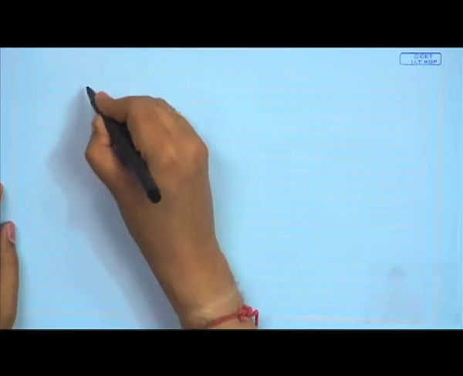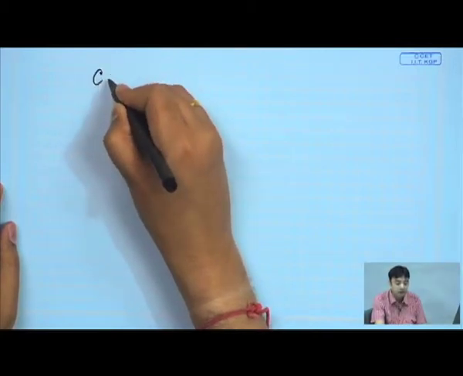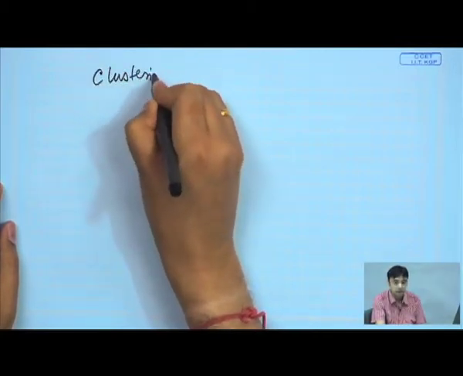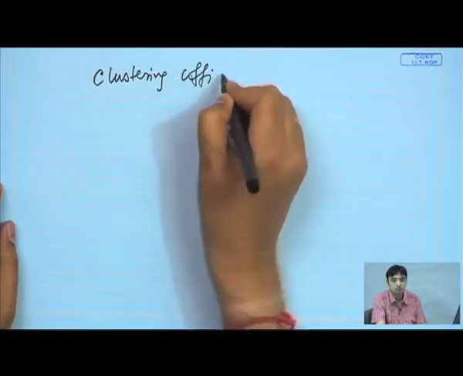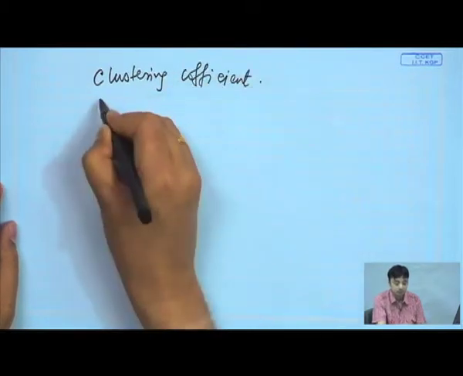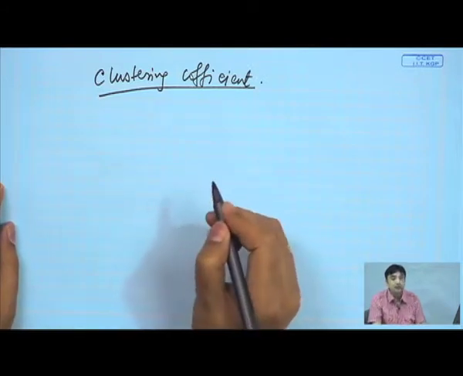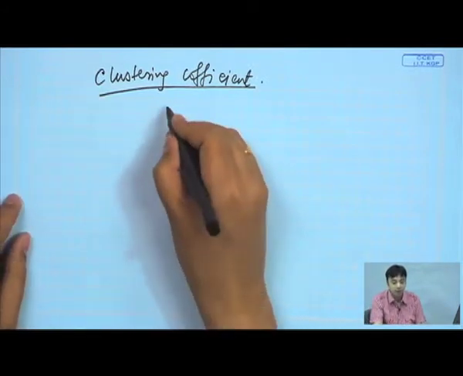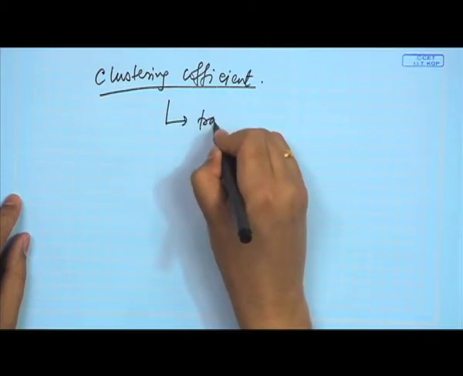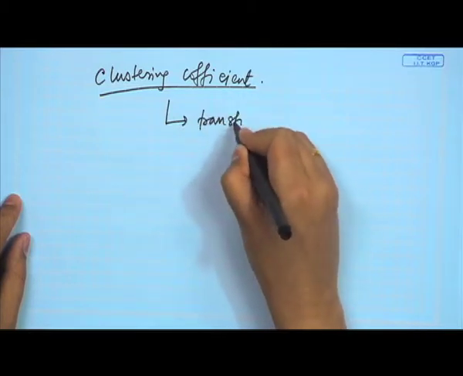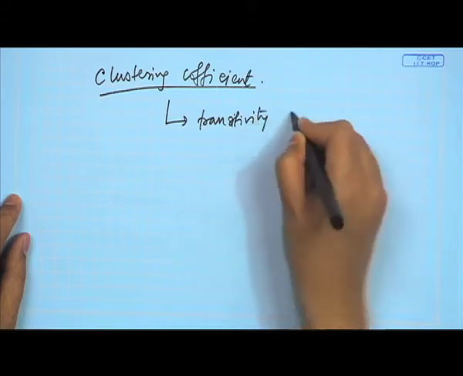So, welcome back to this session on network analysis. We will continue with the second part of network analysis, and today we will start with the second metric that we will get ourselves introduced to, and this is called clustering coefficient. The clustering coefficient actually comes from the transitivity property